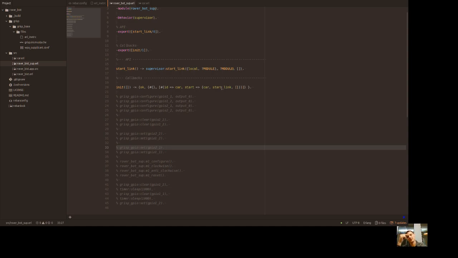Wait, do I have this the wrong way around now? The init function is called by the supervisor, whereas the supervisor then uses what it receives from the init function to actually call startLink. So it won't always be startLink. It could be other functions, and the other function could call startLink. But in this case,